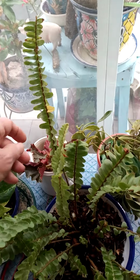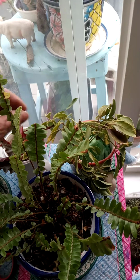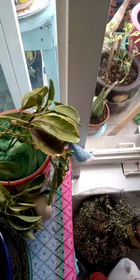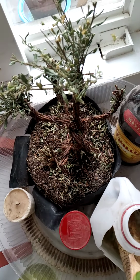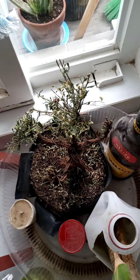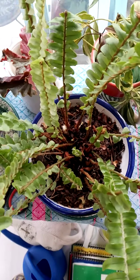I didn't realize when I bought it that it had lots of bugs. Now these guys were cut off. They're rooting, but I don't know how they're gonna do. This is something that died within 24 hours. No, 48 hours. It was already dying, and I didn't know. Somebody must have sent me a message. Anyway,